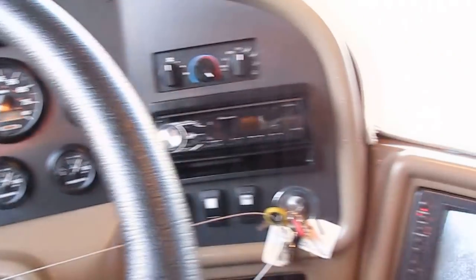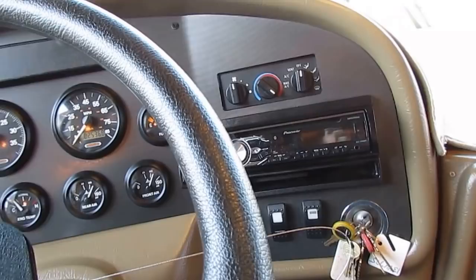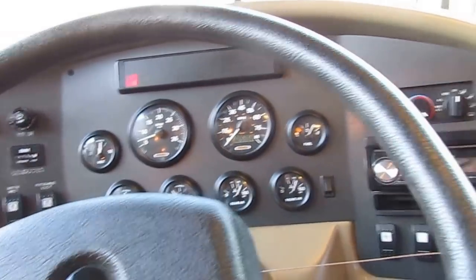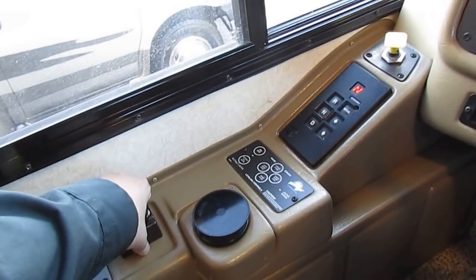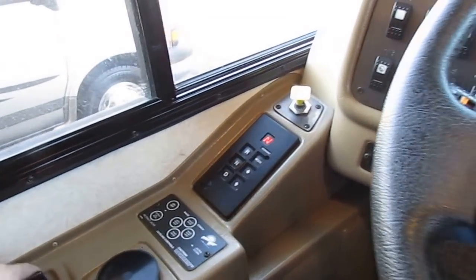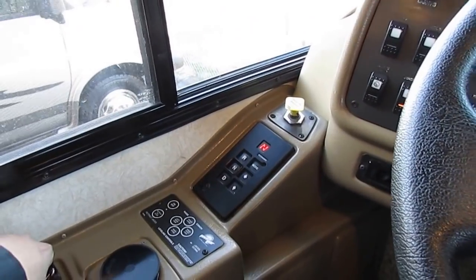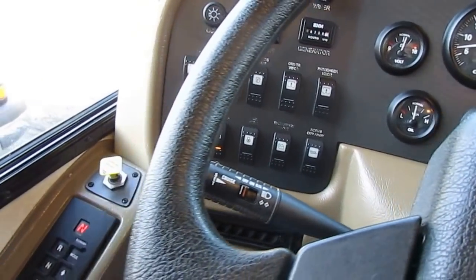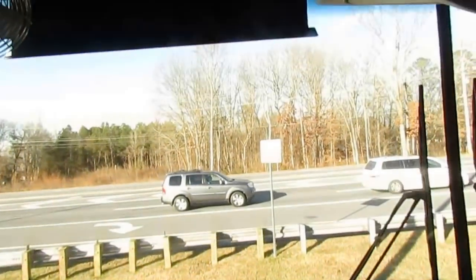You've got 25,368 miles. Backup camera functions perfectly. Pioneer CD stereo, which I'm sure has been replaced from the factory equipment. It's got the dump, so you can lower it down if you need to park the RV under a shed, or you have a really low underpass you just need to idle through. You can lower this thing down. You've got a Jake brake. You've got power visors,